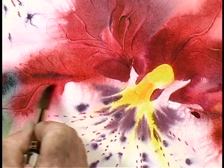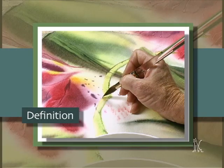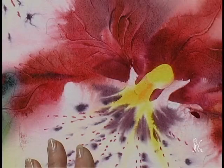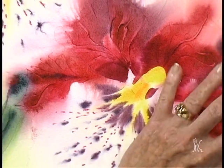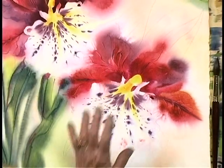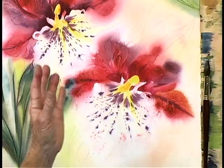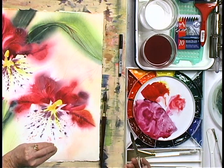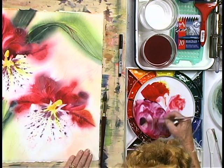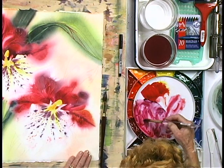And it blends in with this petal. Gives just a little bit of a hard edge definition there. I'm going to go back and give a little bit more definition to the petals themselves in a couple of places. I like having some of them be diffused, so I'm not going to define everything. I am going to define a few of them just so that there is a difference between hard edge and soft edge, or found edge and lost edge. So in some of these little areas around the petals, I'll use the same colors that I had. In this case,